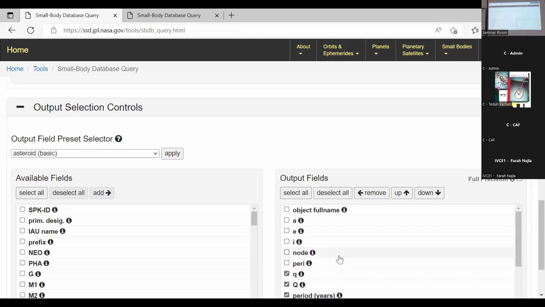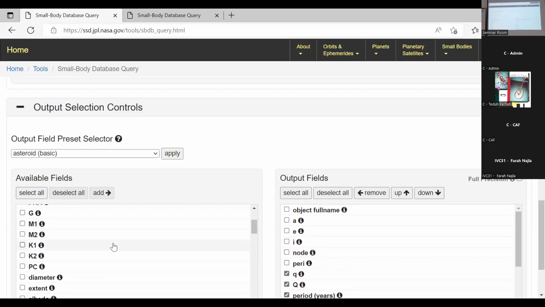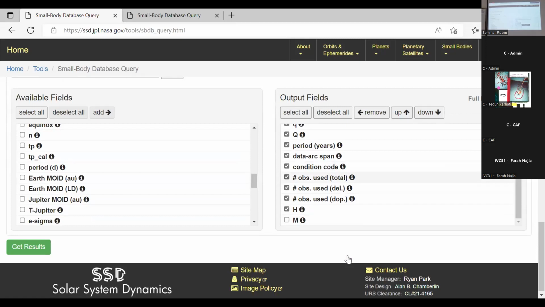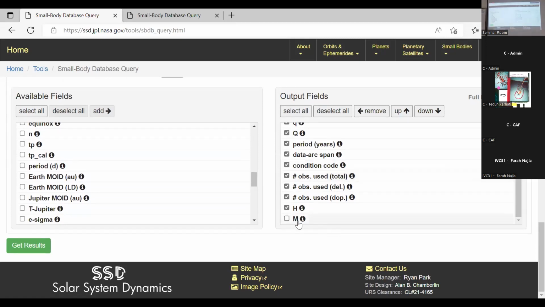Oh, I missed one. Where is the mean anomaly? Oh, you should put it here. Mean anomaly. Add. So you have mean anomaly at the bottom.